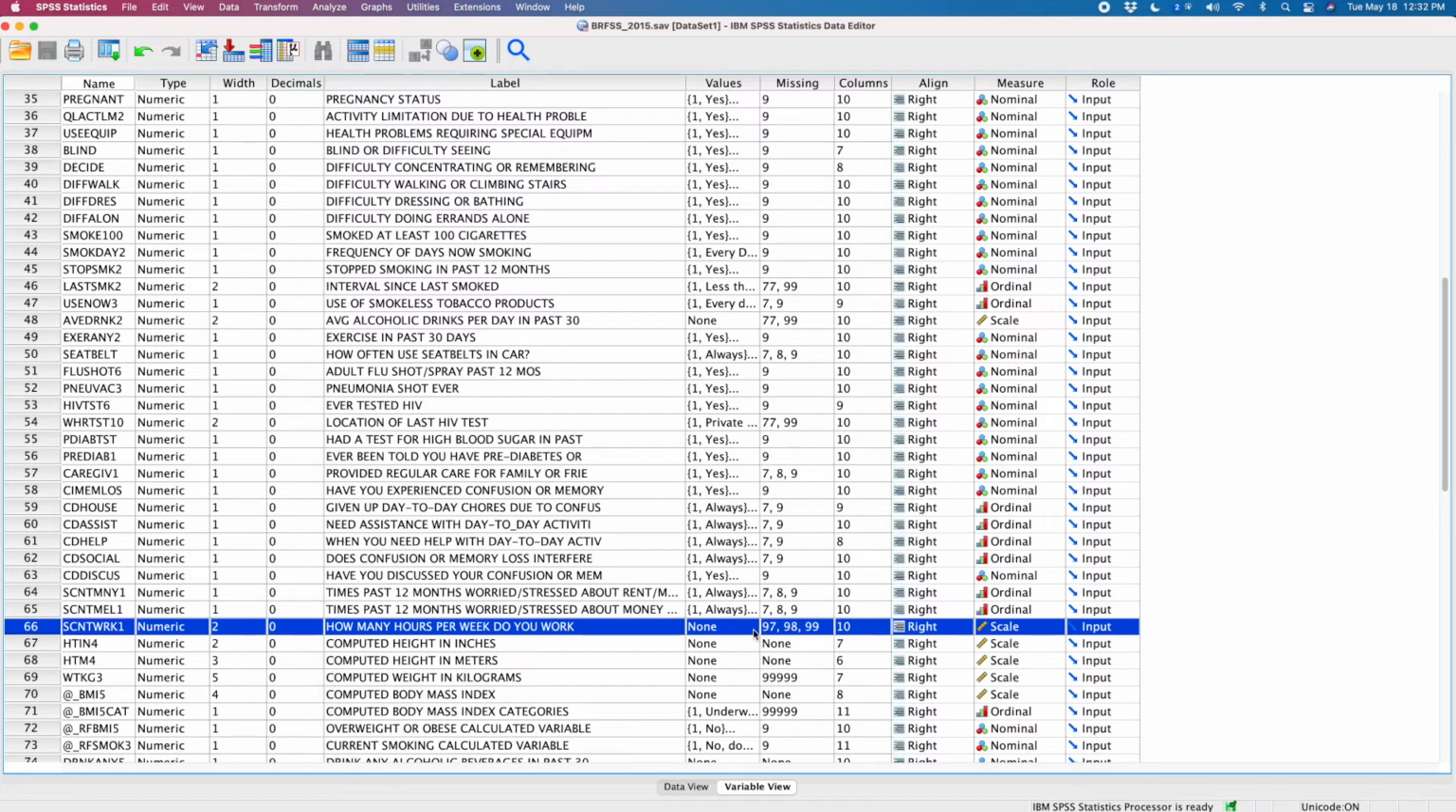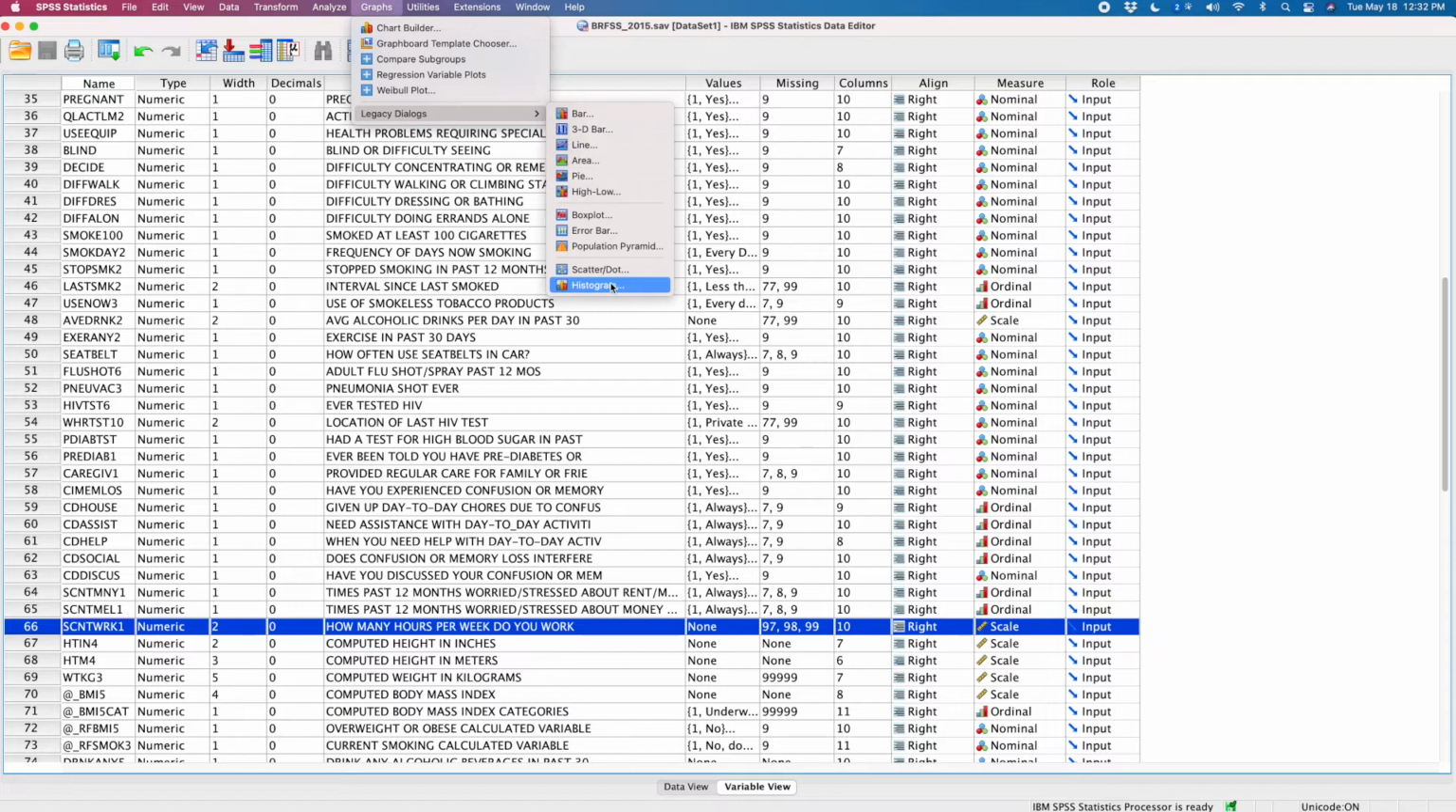But I know that hours worked is probably a ratio variable. I know that it has an absolute 0 point. That means no hours. And that every hour is exactly 1 hour more than the previous number and 1 hour less than the next number. So this is a fitting variable for a histogram. Let's click on Graphs, Legacy Dialogues. I'm bringing up the histogram,